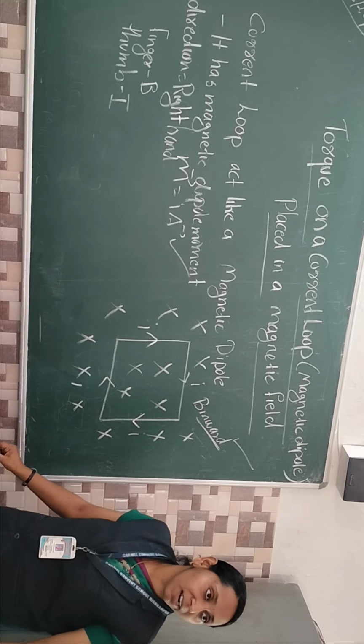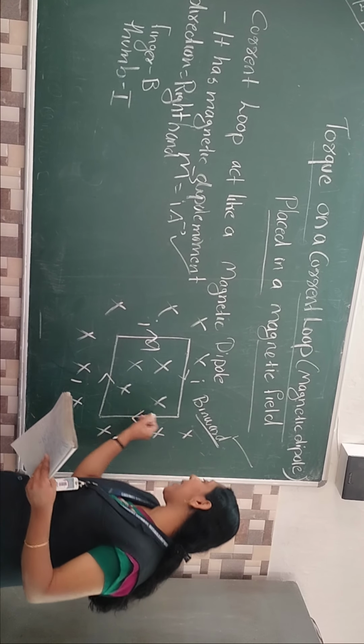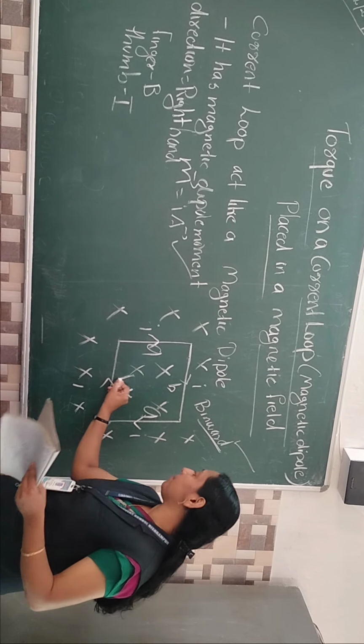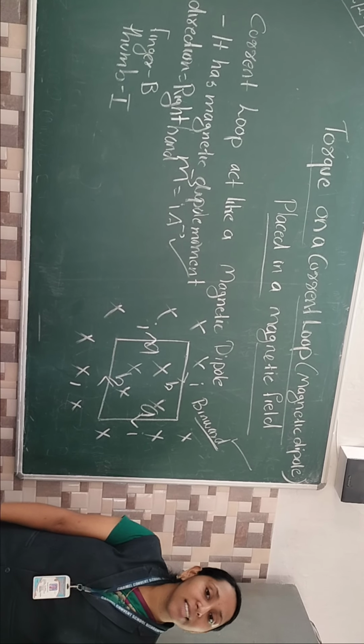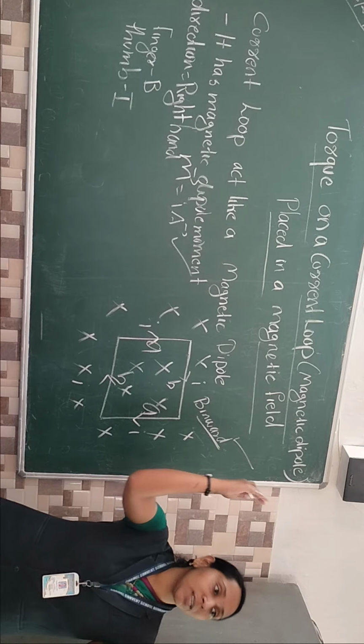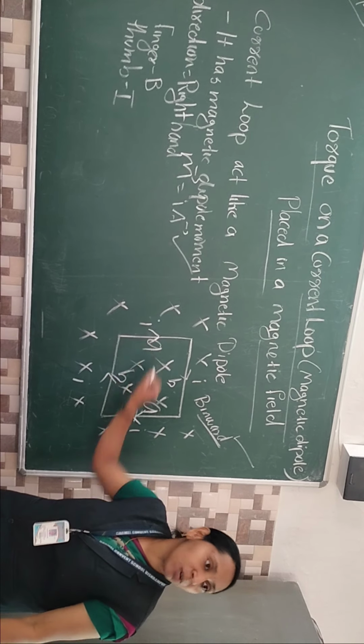How to create the force? Listen here. This is my first side. How many sides are there? 4: 1, 2, 3, 4. The first one is A, and this one is B. It is a rectangle, and in a rectangle the opposite sides have the same magnitudes. Look in your notebook. Opposite side magnitudes are the same. That means here it is B, so here also B. Here it is A, so here also A.